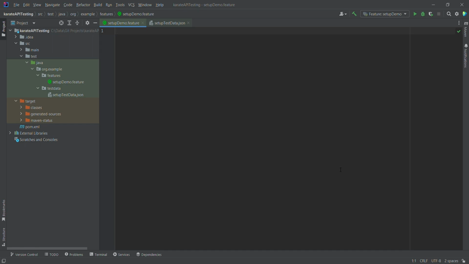Hey guys, so today we will be learning about the setup tag in Karate. This tag is introduced in Karate version 1.3, and basically the main idea is that it is used for dynamic data configurations, especially when you have test data setup configurations at runtime, and especially when you want to set up